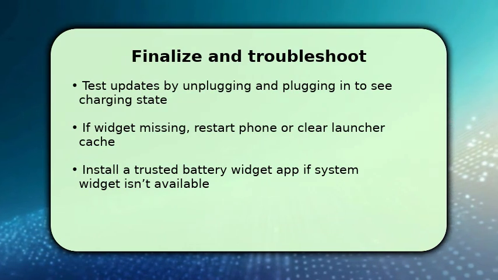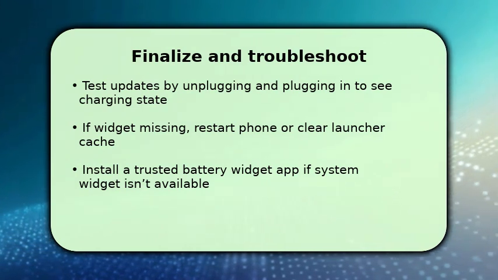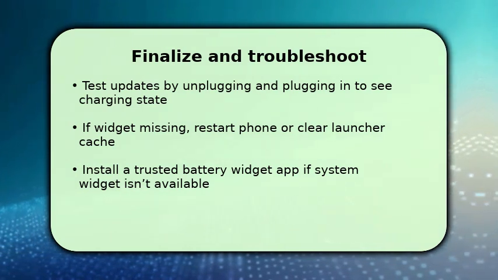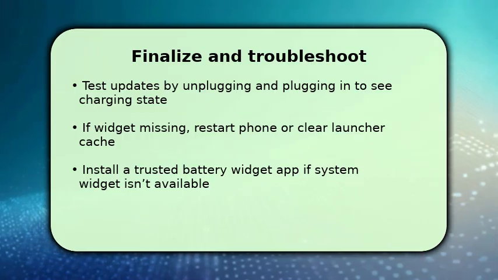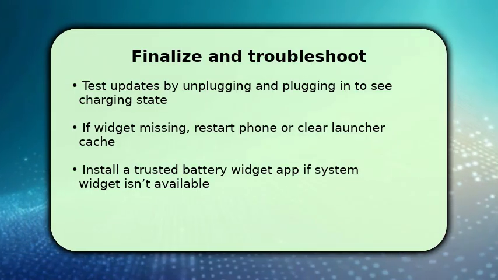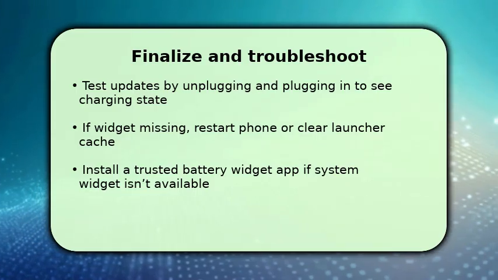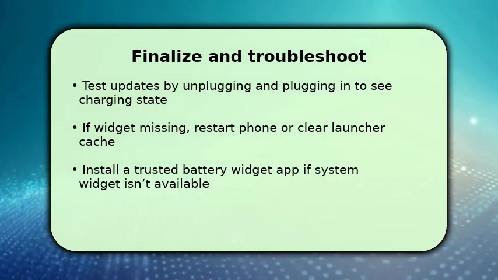If the widget doesn't show or stays stale, restart your phone. If that fails, clear your launcher's cache or data and try again. If the System Battery widget isn't present on your device, install a trustworthy battery widget app and repeat the add-in